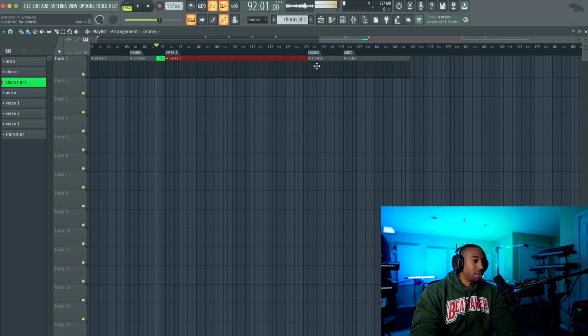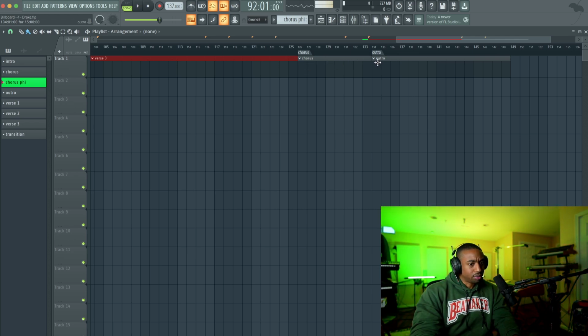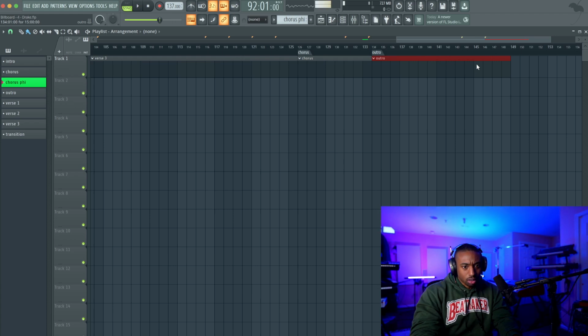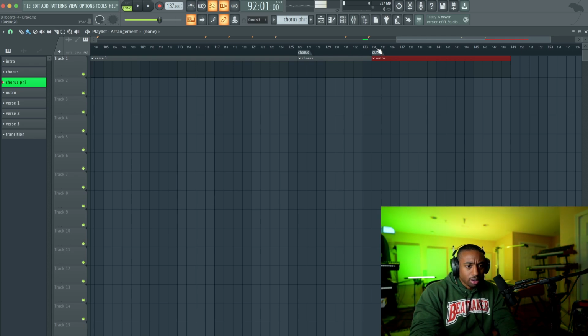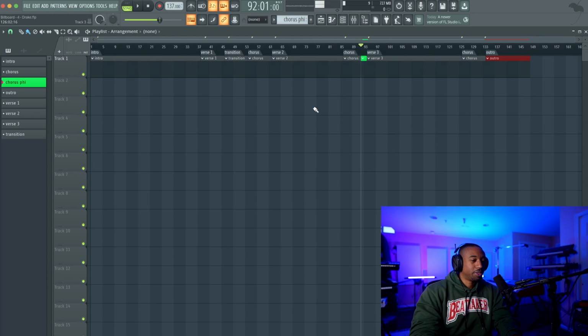Okay. And then we're moving into the chorus. Again, 8 bars. Because this song isn't very chorus driven, it's verse driven for that song specifically. And then the outro is 4, 8, 12, 15 bars, if I count it right. 120, 134 to 15 bars. So weird outro. It's like a 15-bar outro.